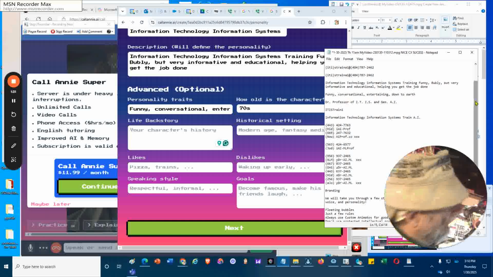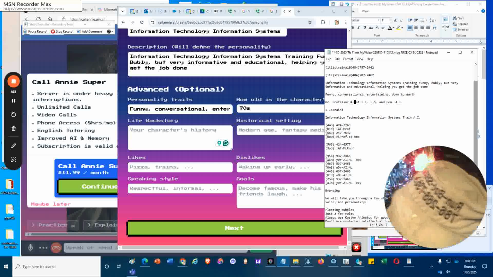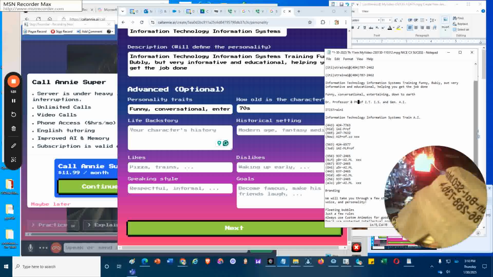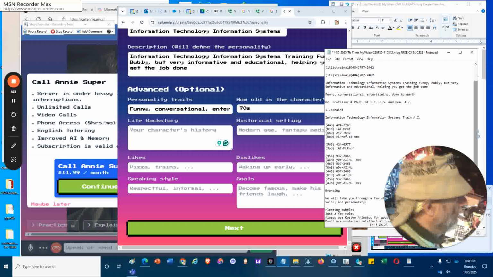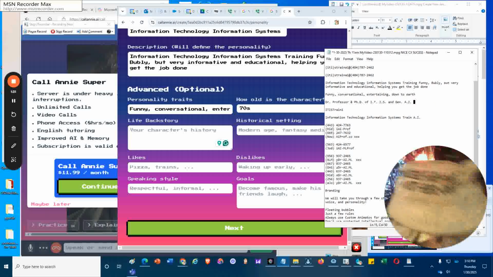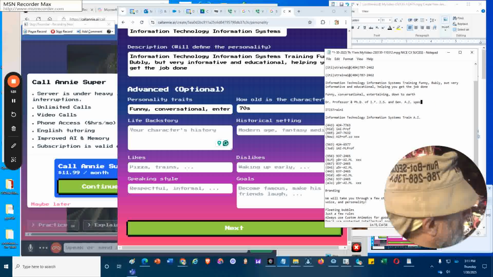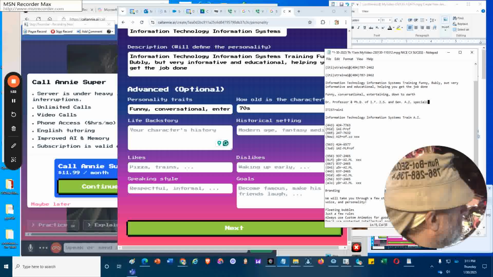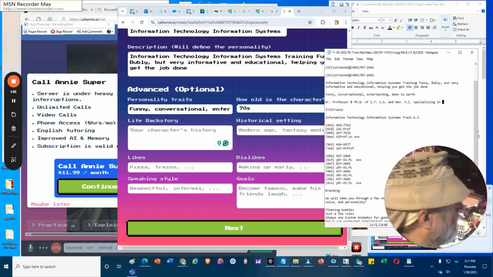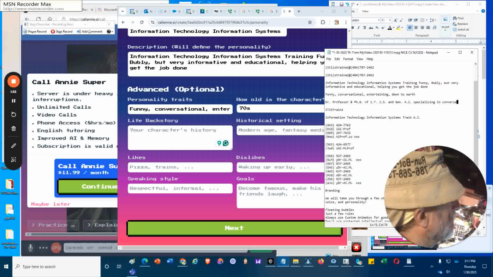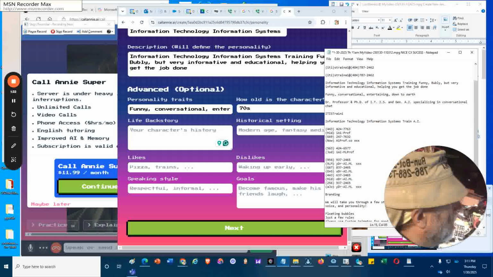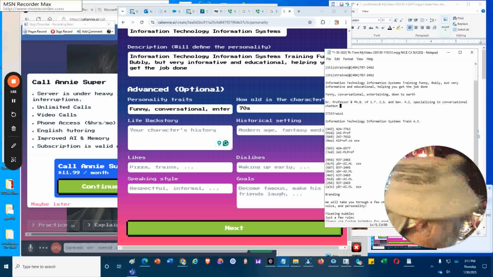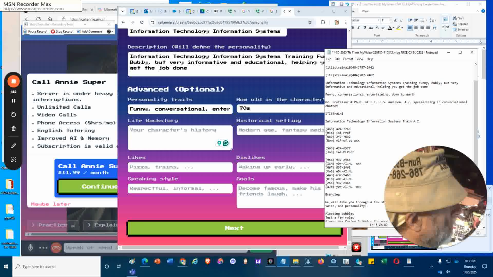Professor and PhD of IT, IS, and Gen AI, specializing in conversational chatbot using